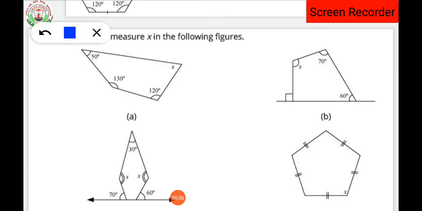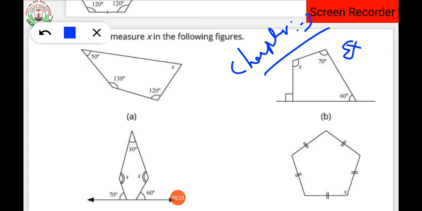So here in the previous video we had started chapter number 3. What is the name of the chapter? Understanding Quadrilaterals, isn't it? Hope you people understood the definitions and question number 1 to 5. So dear students, in the previous video we had done exercise 3.1 question 1 to question number 5. From this exercise, two questions are left, that is question number 6 and 7.